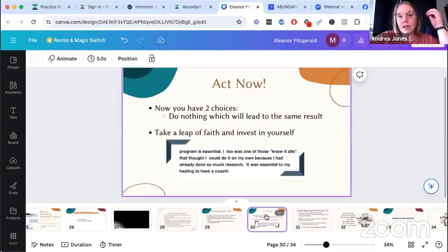And so what that looks like again is just one action task per week. That's all you're going to be focusing on. For the majority of women, it's less than 20 minutes of time implementing what we're teaching you, meaning 15 to 20 minutes for the training video that week, and then you just do